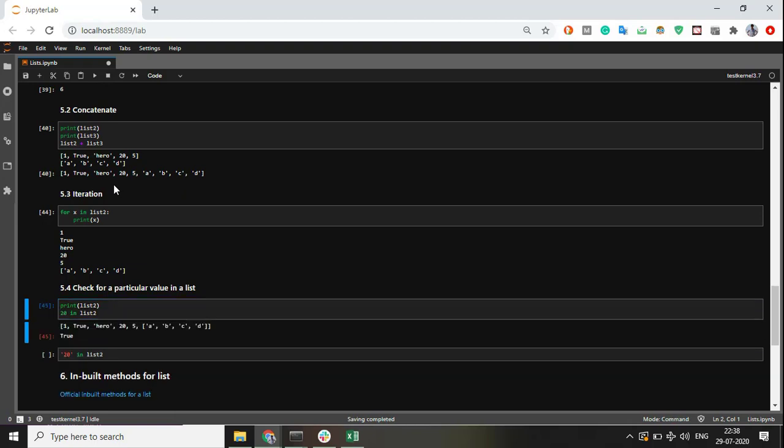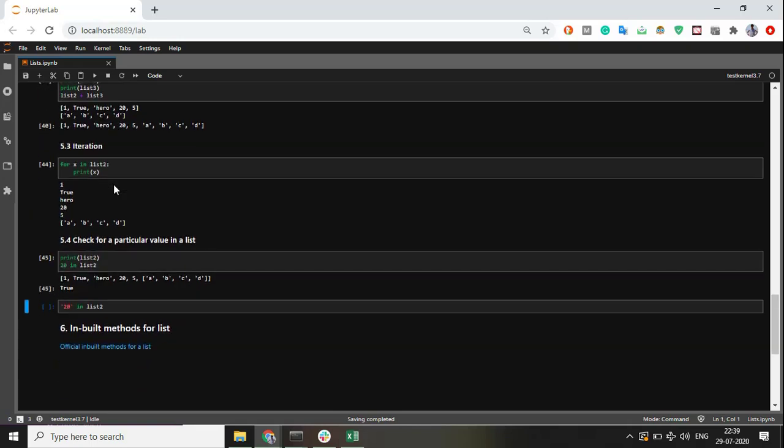One thing to note over here is that it matches the entire value. So in this case, if I want to match HERO, I cannot just write two letters of it and say is HE in list 2. It will return false. When you write this in Python, it understands that the entire word is to be seen in the list. Alright, just keep that in mind always.